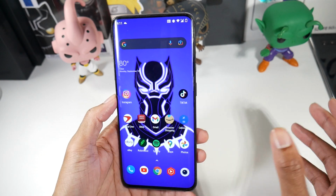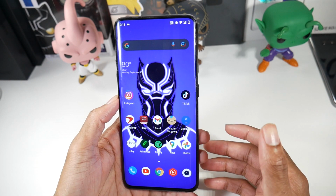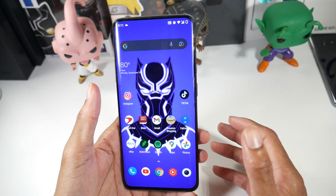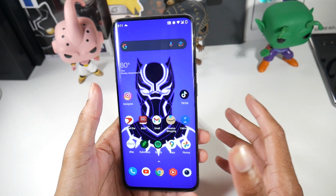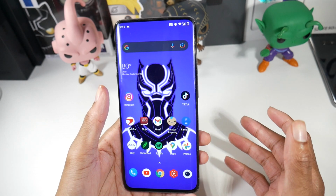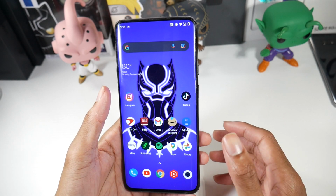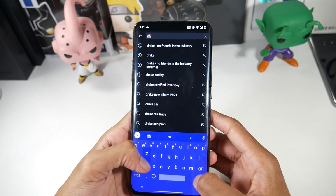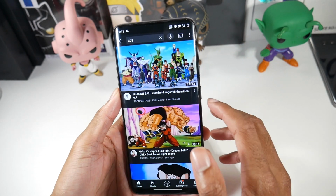So you just got this massive display, 6.8 inch 1440p with 90 hertz, and then you have super smooth Oxygen OS on top of it. And I just think it made for an awesome experience. And I mean, just watching videos and stuff on this phone when I first got it, I knew that I